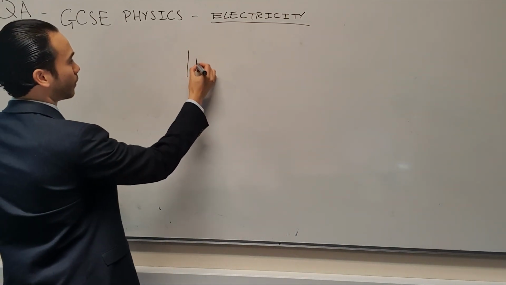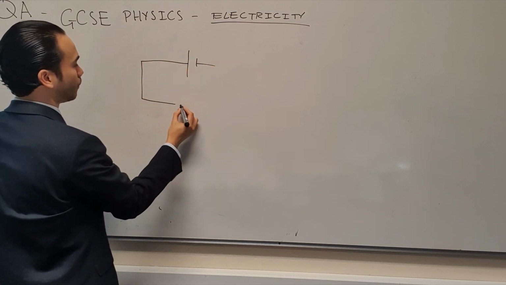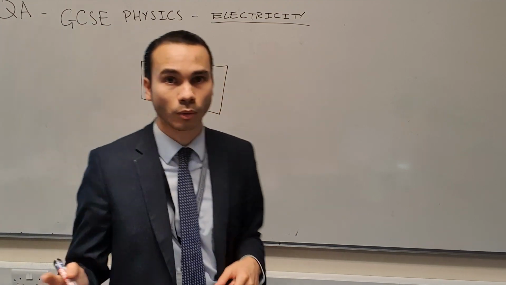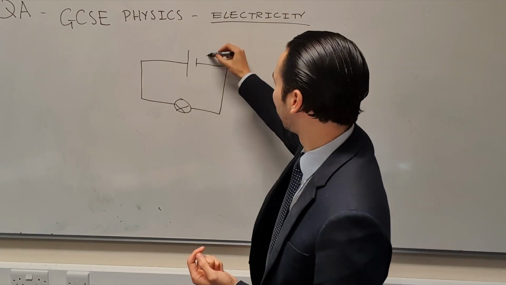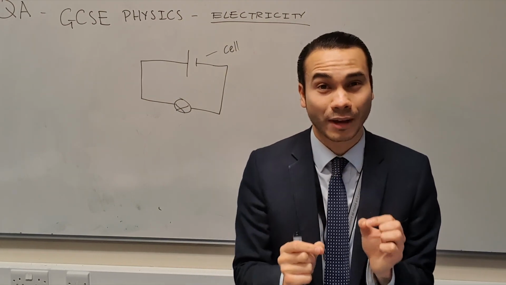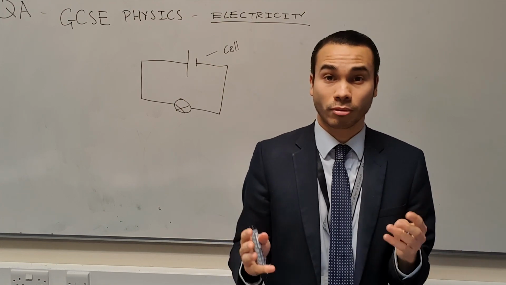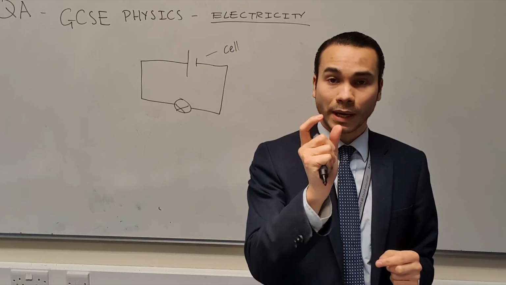So first things first, there are several of these things which are called circuit symbols you've got to remember. This one is a cell, which is basically one unit of a battery. If you go to your supermarket, wherever you buy your batteries, AA, AAA, each battery is made up